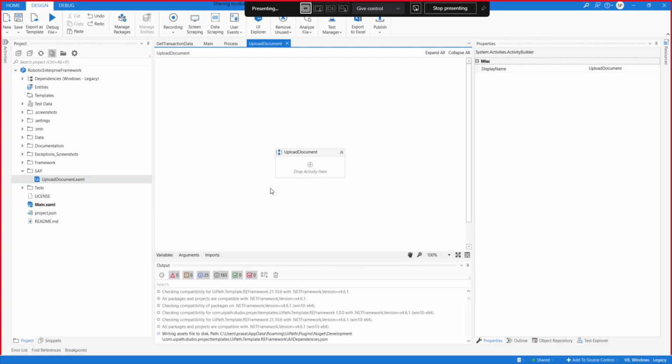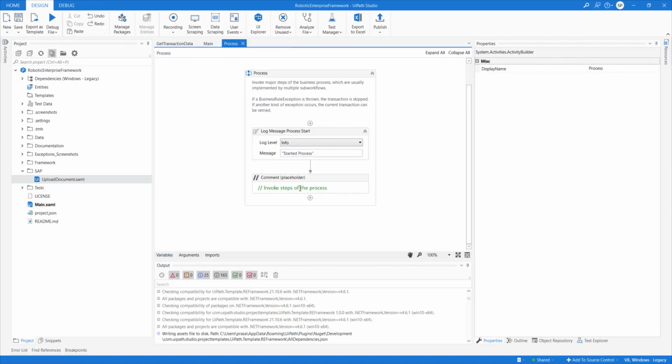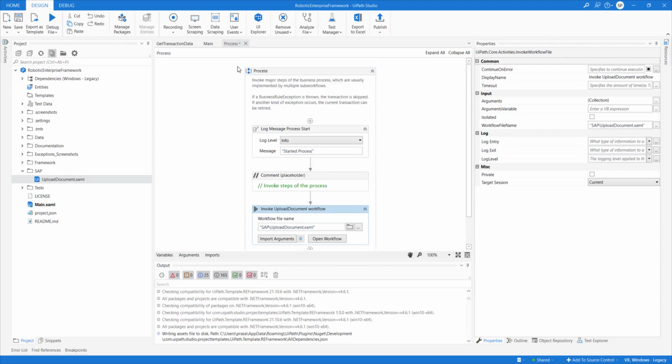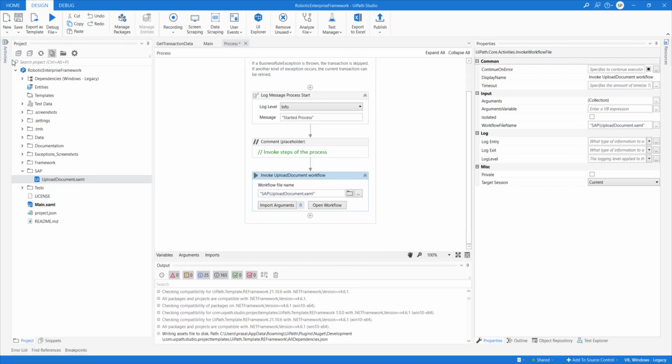You need to write the logic into this workflow, and you need to use arguments, variables and everything. And then in this process, you need to bring it in. So you don't need to write a sequence here. In the process block, you should use only the workflows which are already written.